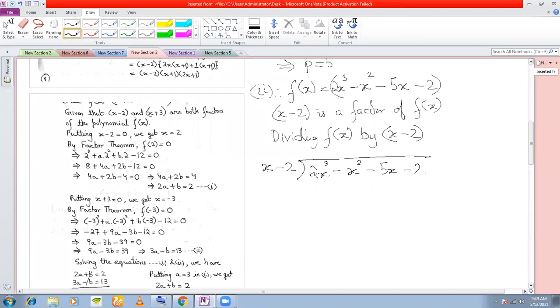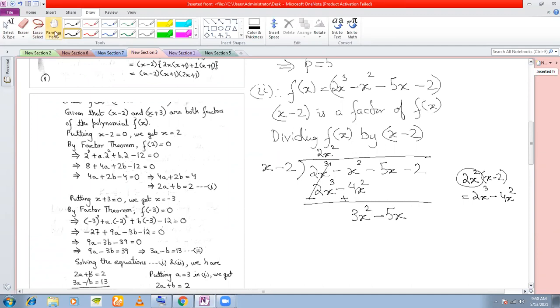Okay, so when we are dividing this, again you want to get an x cube here, 2x cube here. You multiply x minus 2 with 2x square. 2x square into x minus 2 will give you a 2x cube, and you get additionally minus 4x square. So what you do here is 2x square you will write here on top, and you will write 2x cube minus 4x square. Plus cancels out. So you get 4x square minus x square, you get 3x square, and you bring down one term, minus 5x.